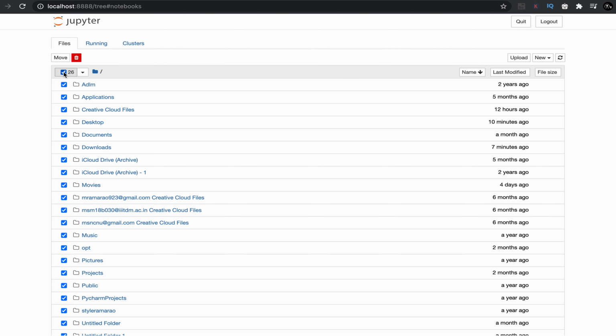The checkbox is used to toggle all the items in the list. We can move or delete the selected ones. We can select some of them, or we can select all, that's your wish. Now the drop-down menu shows a list of options available, which are Folders, All Notebooks, Running and Files. Folders will select all the folders in the display.